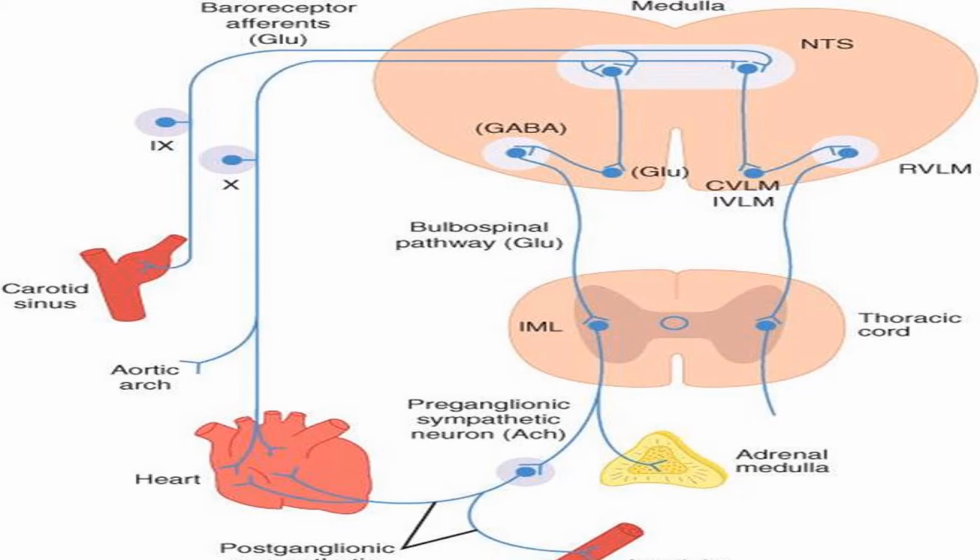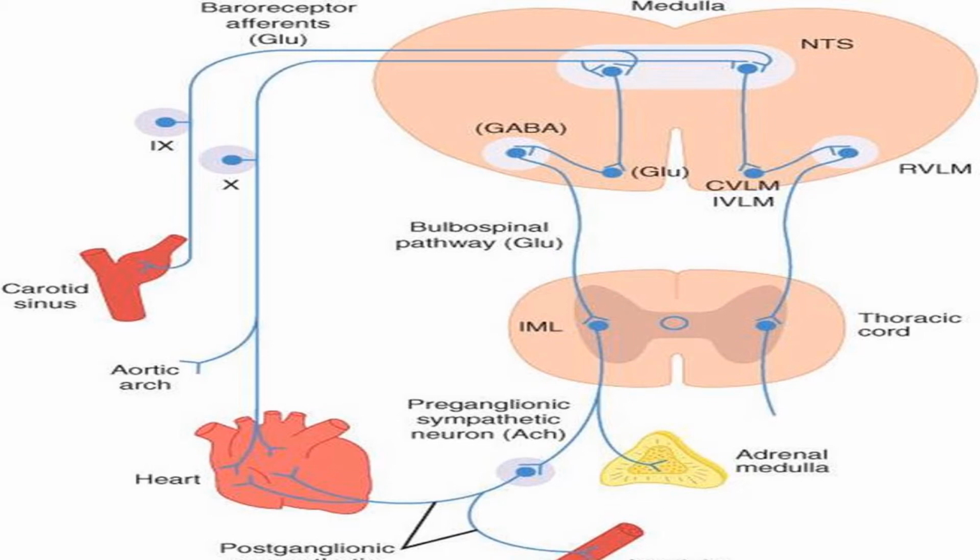When the caudal ventrolateral medulla, that is CVLM, is stimulated, it secretes GABA. And these GABAergic projections now innervate the rostral ventrolateral medulla,